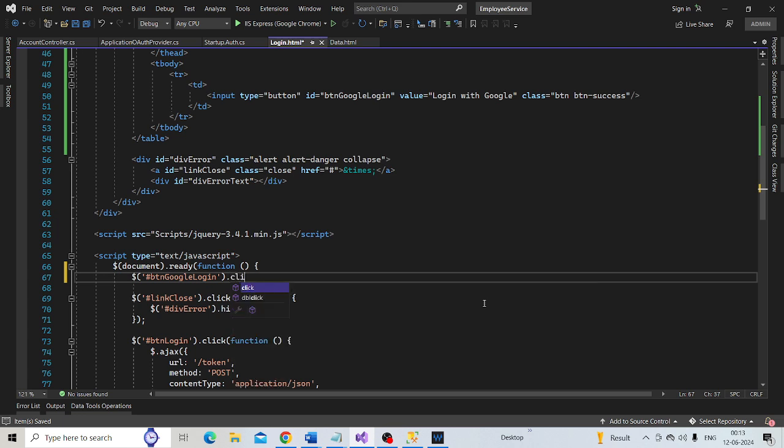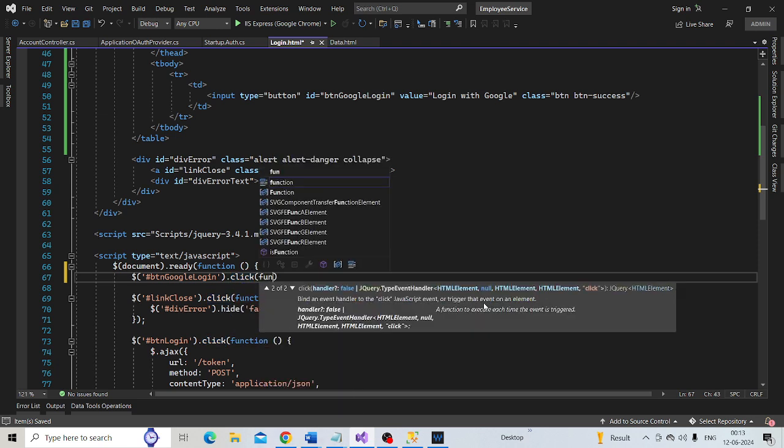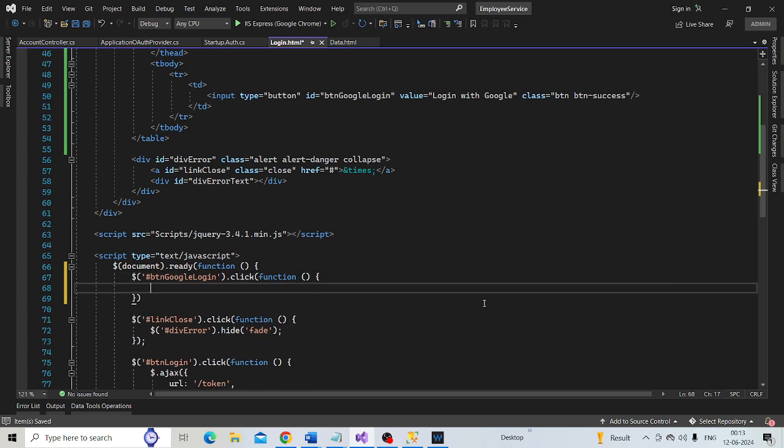Wire up click event handler. So let's use id.